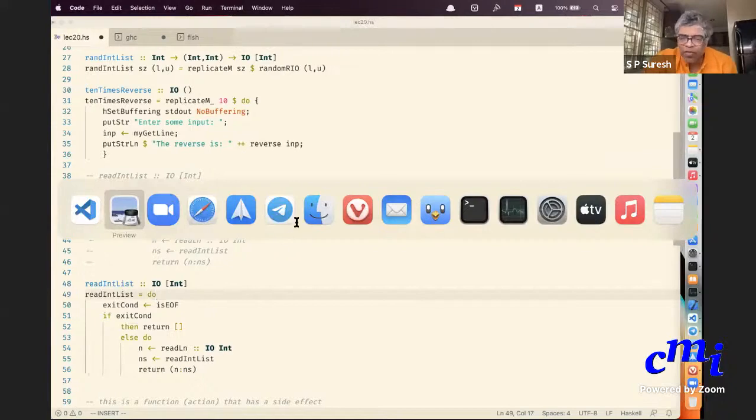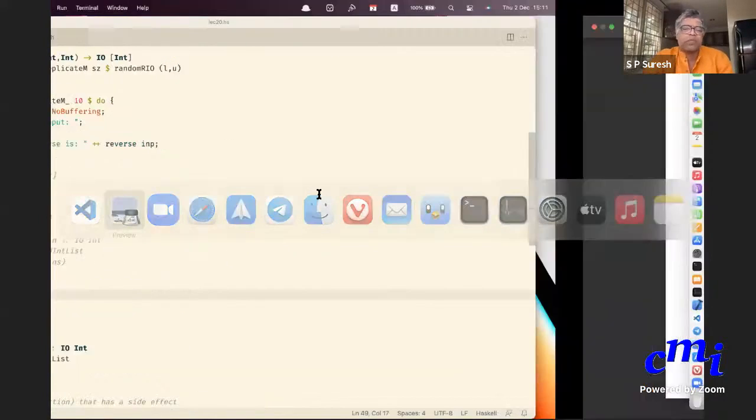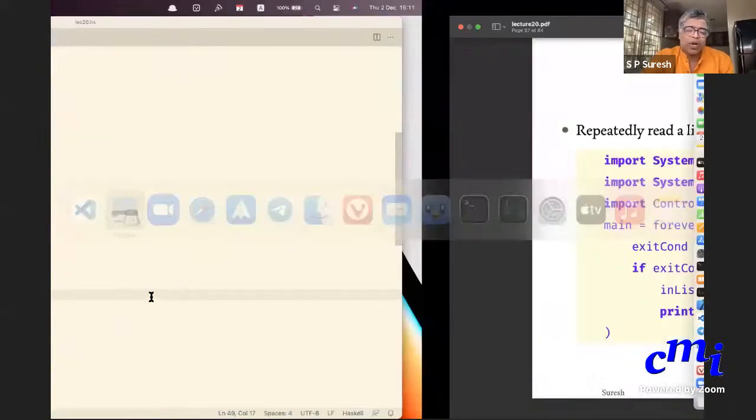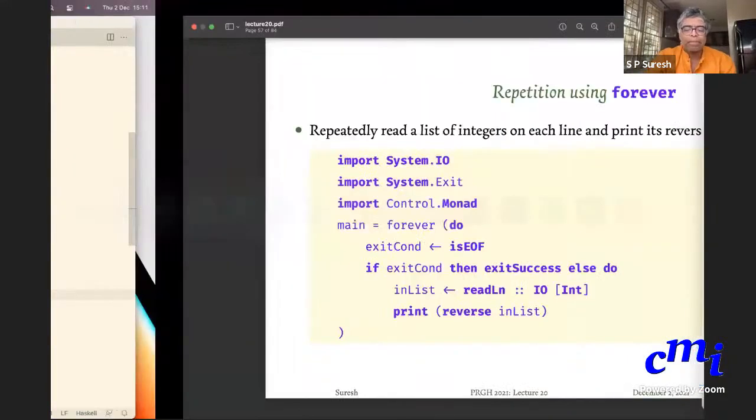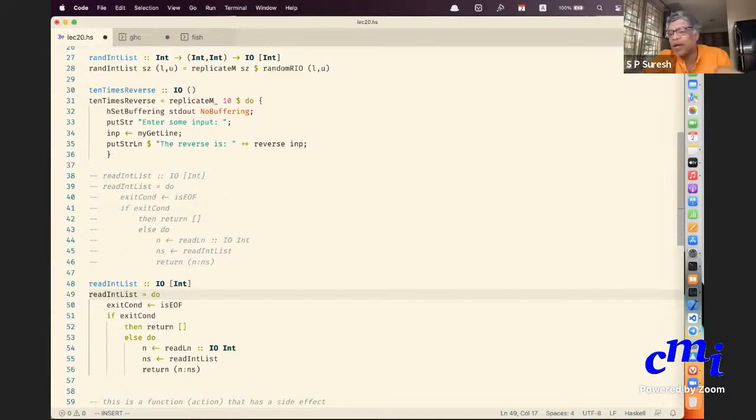It will say forever do something. It will start with forever. Forever takes an action, and it's just like replicate m. Replicate m takes an action as input and repeats it so many times as given by the number. Forever is like take an action as argument and repeat it infinitely many times.